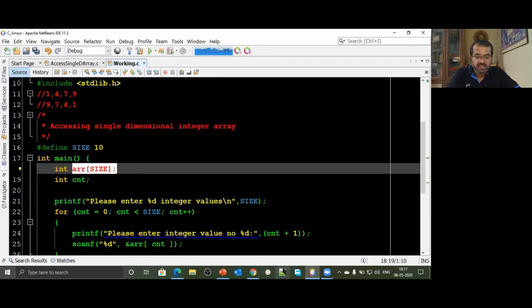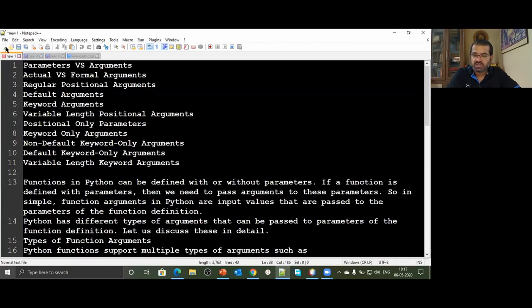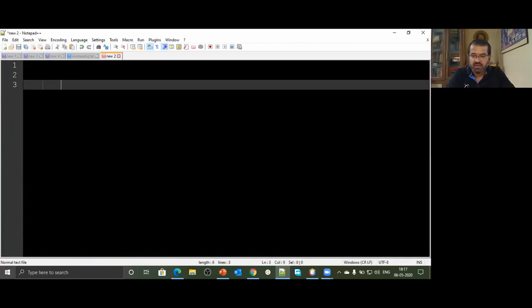Now while I create an array of size 10, what's going to happen? Let's take a simple demonstration. Suppose if I create an array of size 10, how will that array look like? Say there are a group of 10 variables, 1, 2, 3, 4, 5, 6, 7, 8, 9, and 10. This entire group of 10 variables has been given a name as ARR. But all elements inside this array have a subscript. Watch it very carefully. What was subscript? Subscript indicates the position of that element inside that array.